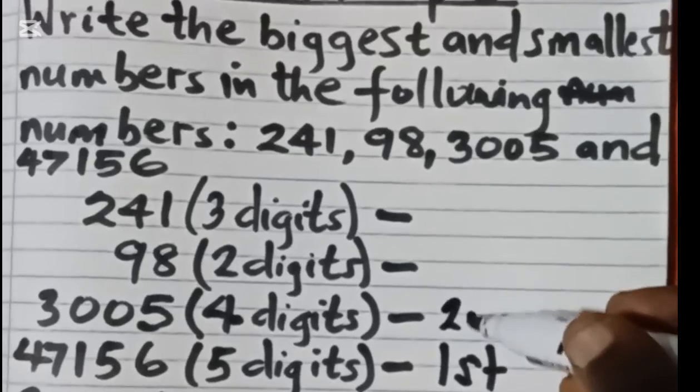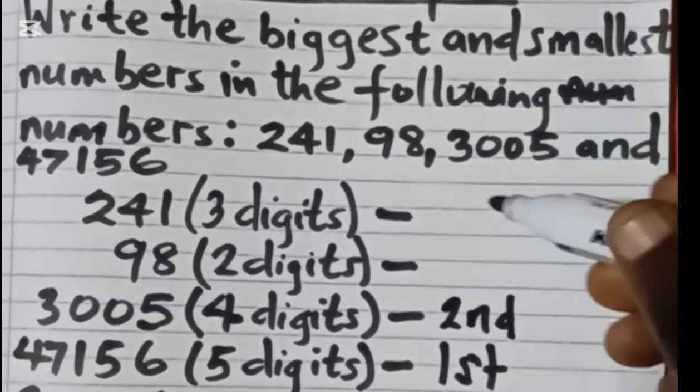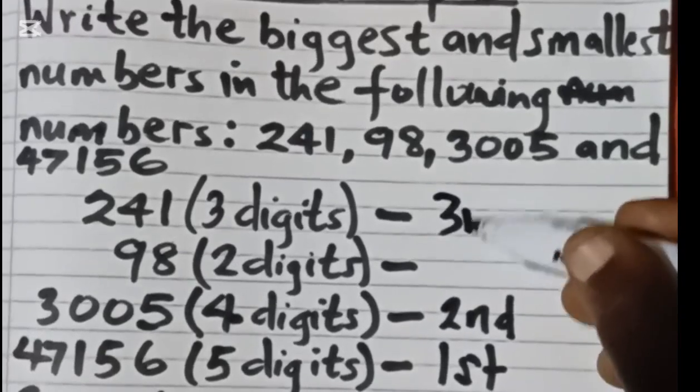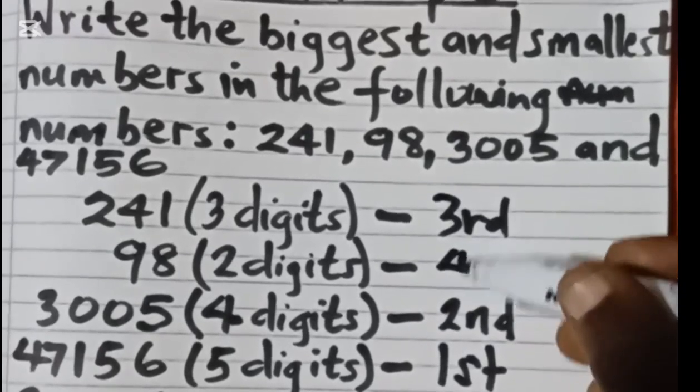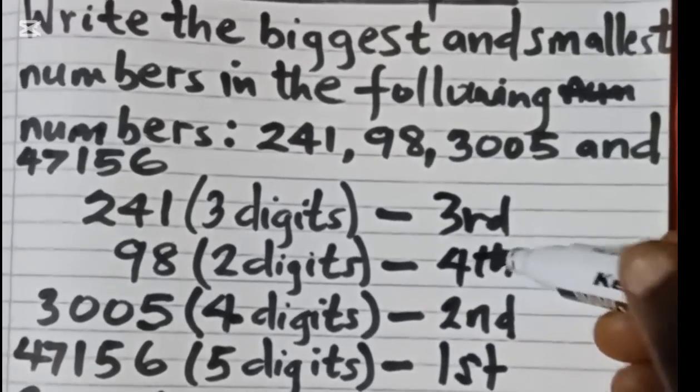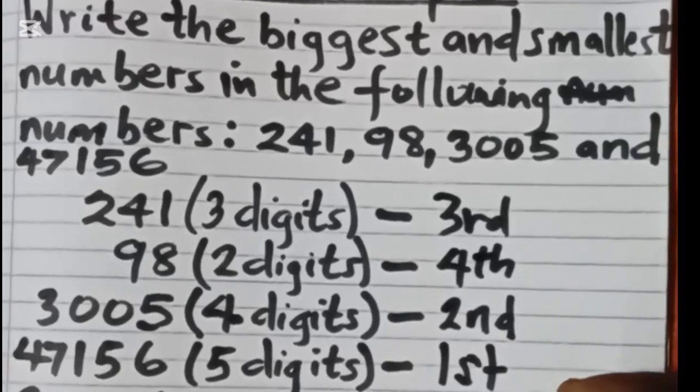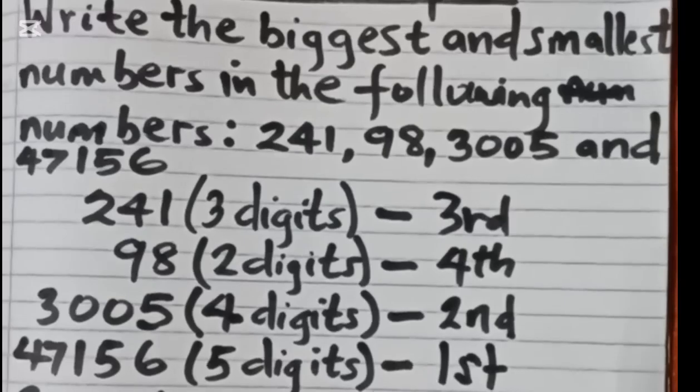This one takes second position. This takes third position, and this takes last position. So the biggest number is 47156. The smallest number, the one with the lowest number of digits, is